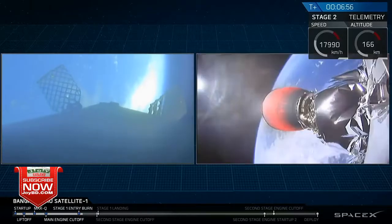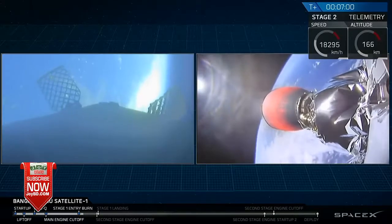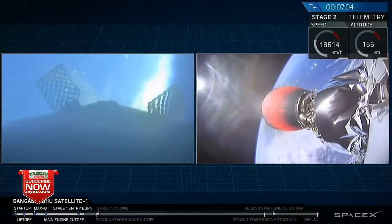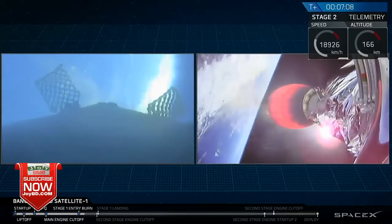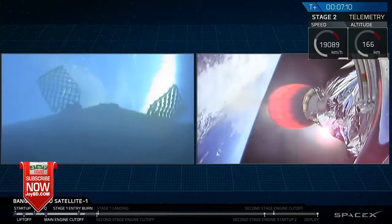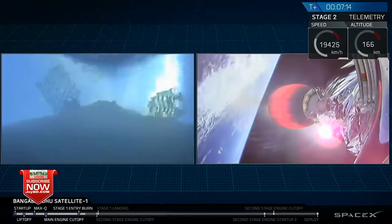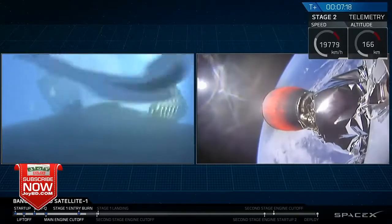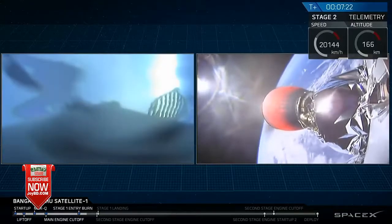Drone ship has OS. As that first stage gets closer and closer to the surface of the Earth, we should be able to see features such as clouds, waves, and eventually the outline of our drone ship, Of Course I Still Love You. It looks like there may be some condensation forming on the inside of the camera, but we should get some